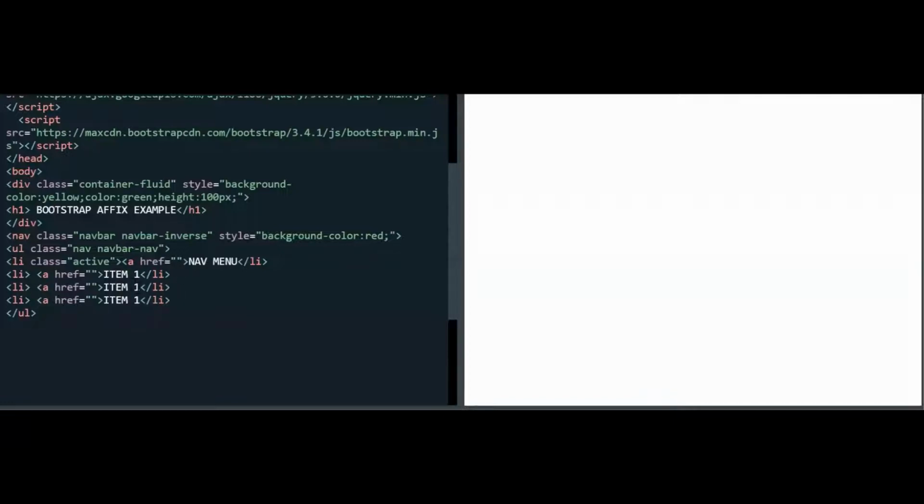Okay, so this will be item 2, and this will be item 3. Okay, fine. So this is the close of UL tag, and then I'm closing the nav tag as well. Then I'm taking one more div, and then I said class is equal to container-fluid,